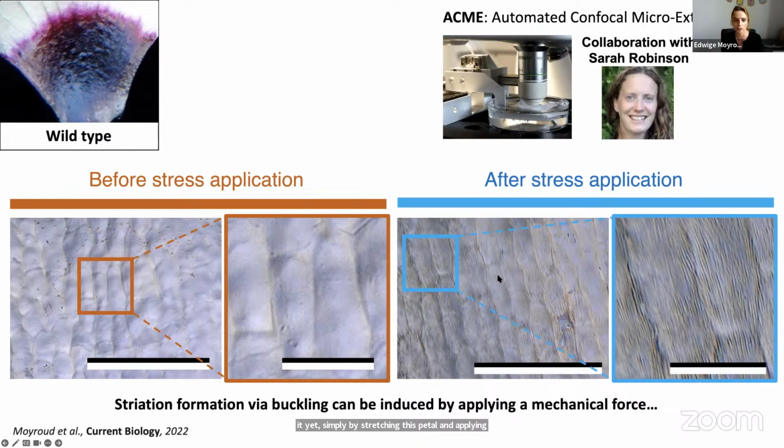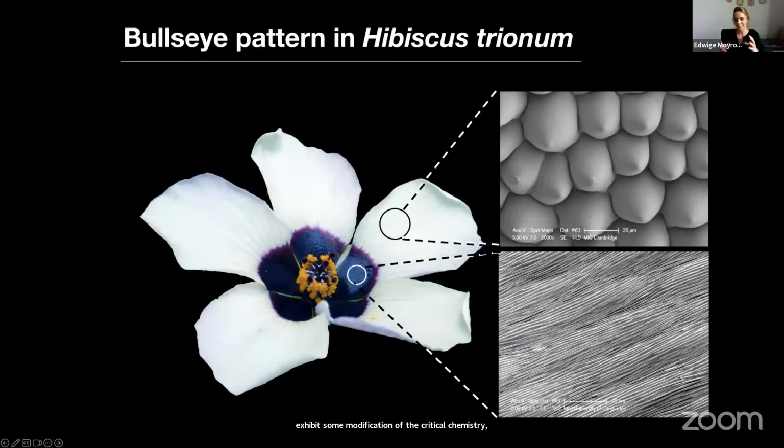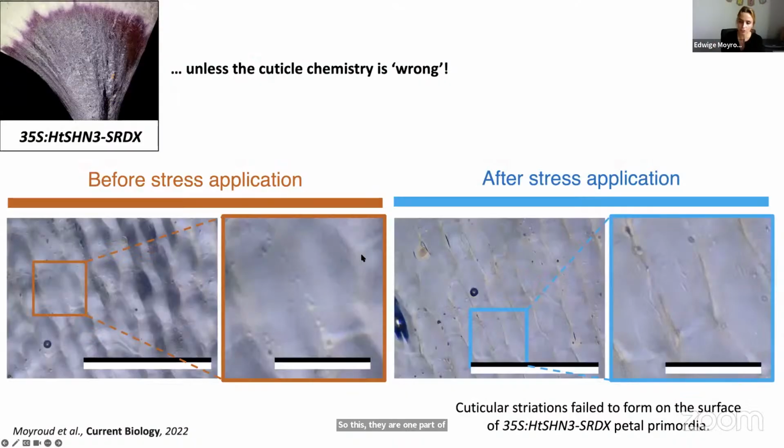This is work we've done in collaboration with Sarah Robinson. But we can only do that if the cuticle chemistry is right. If we stretch petals from transgenic lines that exhibit some modification of the cuticle chemistry, the striation fails to form. So this striation is one part of a bigger pattern, because next to the region